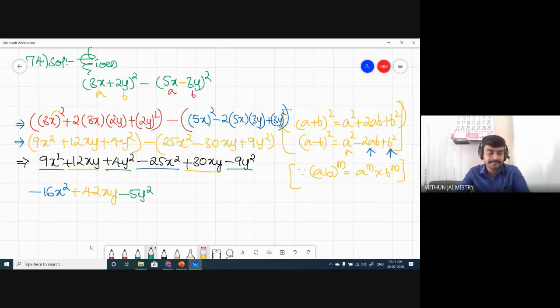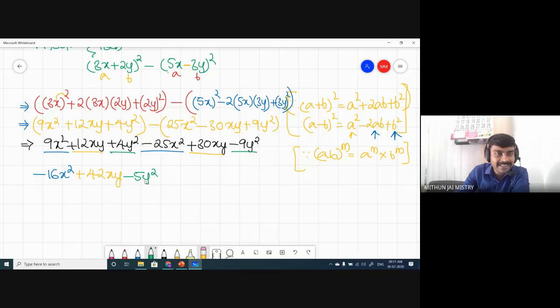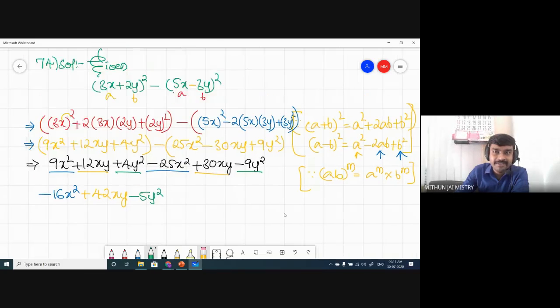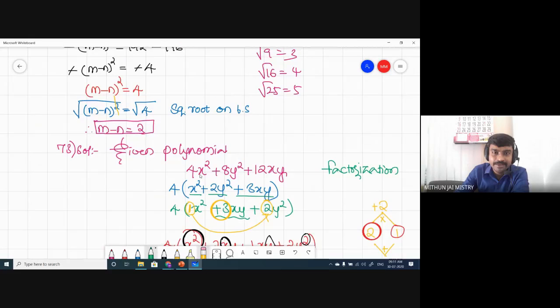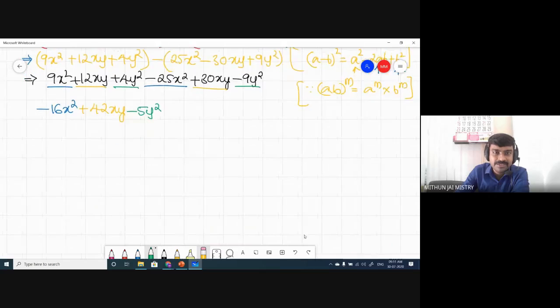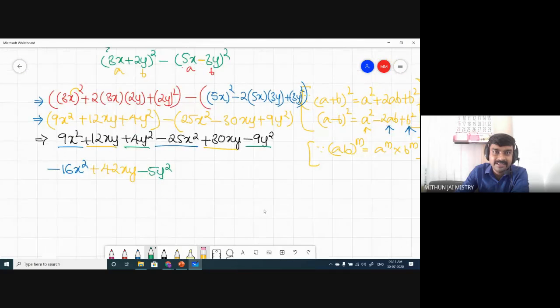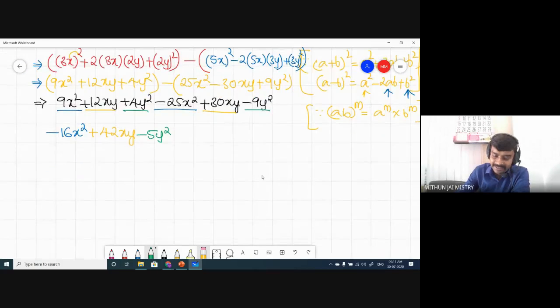Now we got the question as we got the previous question in the beginning. See, here 1 term, 2 terms, 3 terms, right? Like that we got 3 terms now. So this was the extra work which we have done till now. Now, children, let me split the middle term.